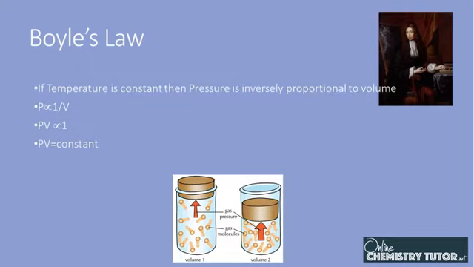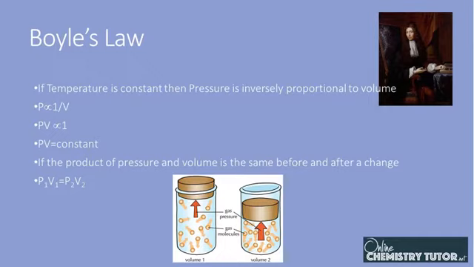So the pressure multiplied by the volume will always give you the same value for a particular gas, as long as you keep temperature the same at all times, as long as you keep the number of moles of gas the same at all times. But because the product of the pressure and the volume, the value that multiplying those two things together produces, is the same,